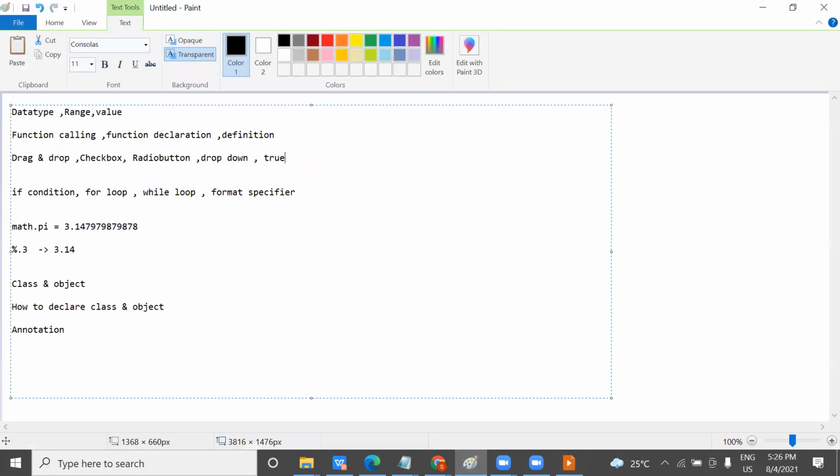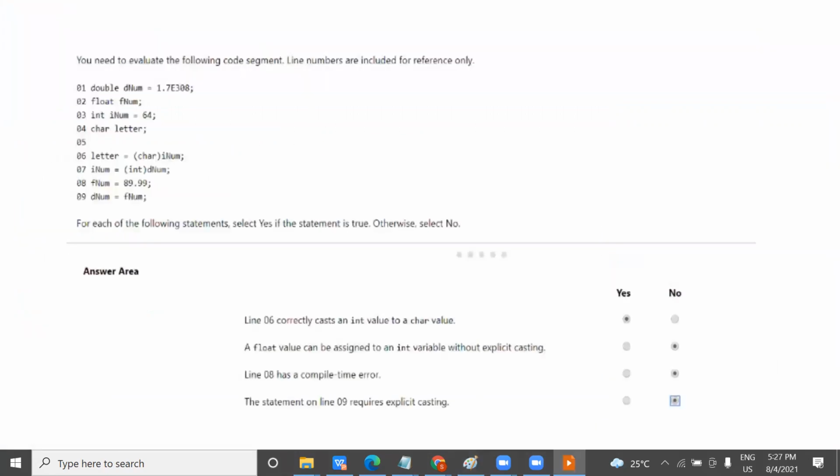So there are different patterns of exams, like question patterns; in the same exam, out of 45 questions, 10 questions are based on drag and drop, some on checkbox, radio button, drop down, true and false. I'm telling you the pattern so that you should be aware of it.